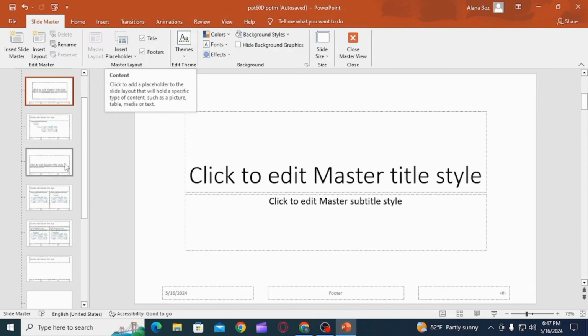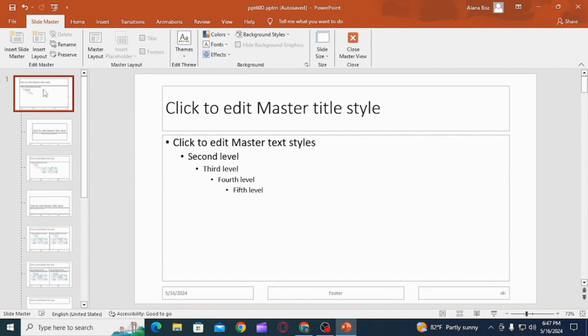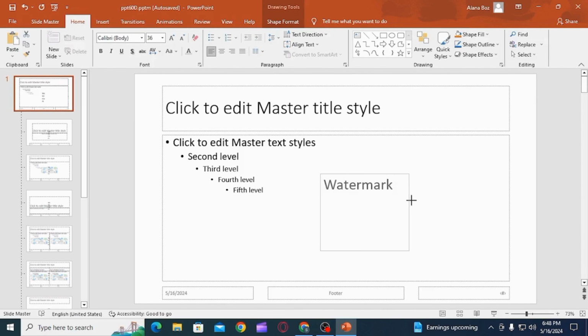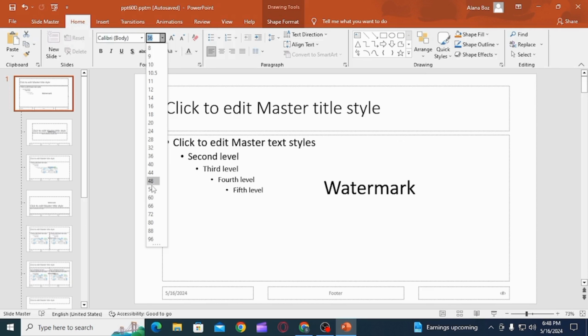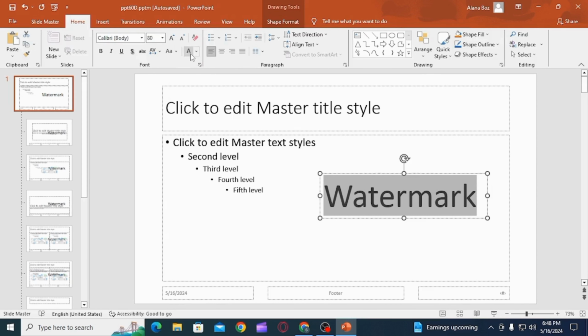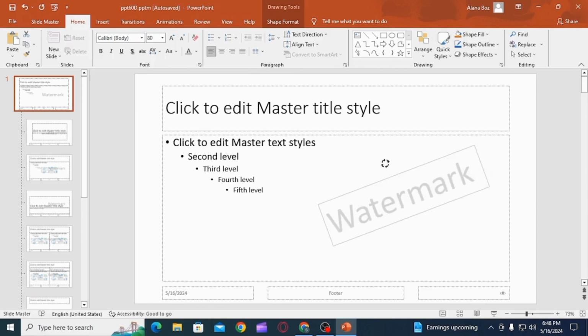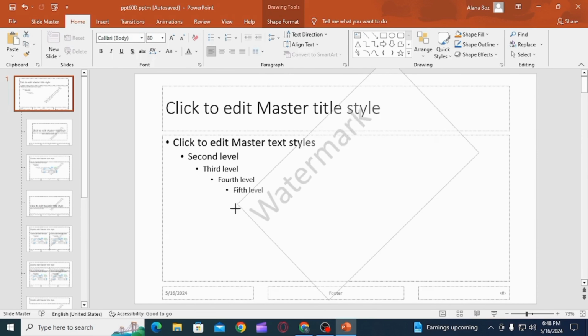Then make sure to select the first slide. Now you want to click on Insert, then select Text Box from here. Now whatever you want as your watermark, you want to insert it here. Once you have typed the text, you want to change the font and also change the color of the font. Once that is done, you want to rotate it and now you can adjust it wherever you want the watermark